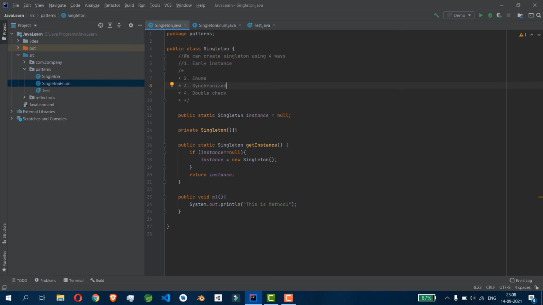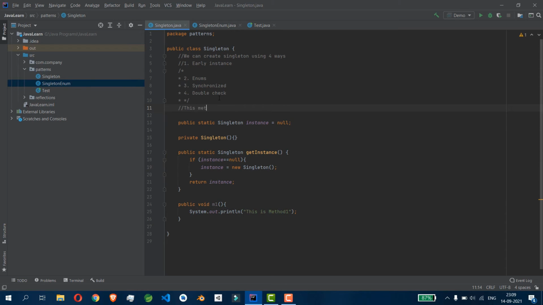And the third one is the synchronized method, which is used for thread safety. If you know about threads, you know how threads work. Whenever two threads are going, they go simultaneously and in parallel, not running on one single thread.